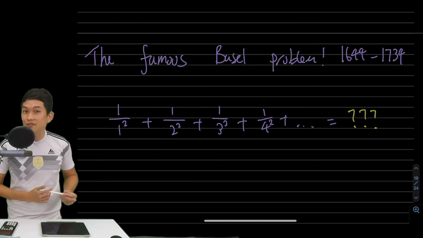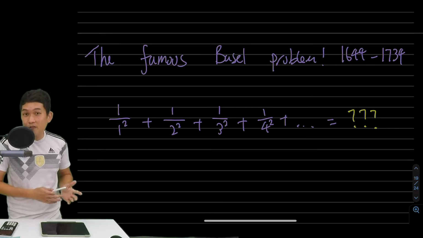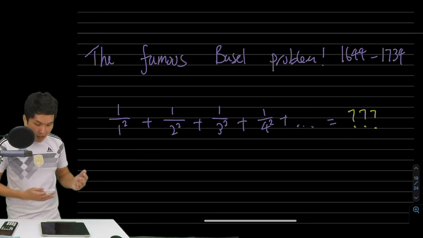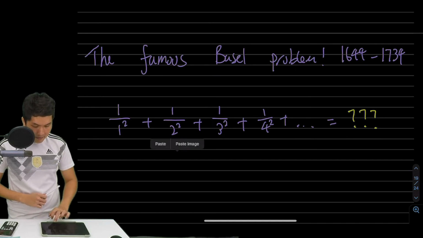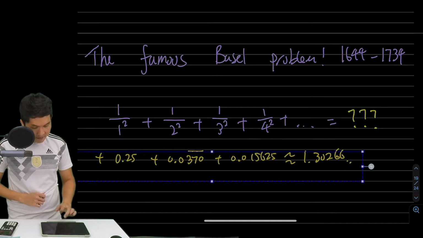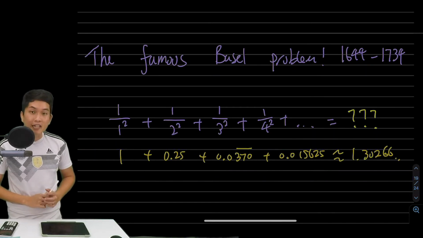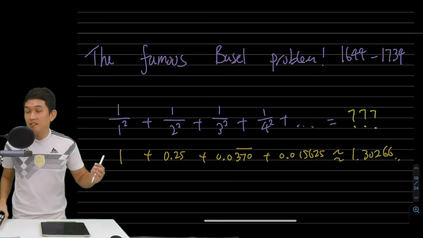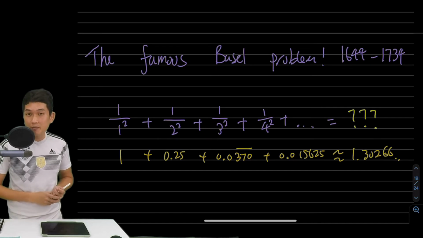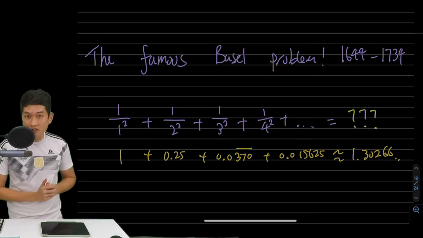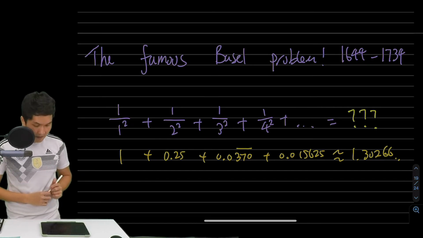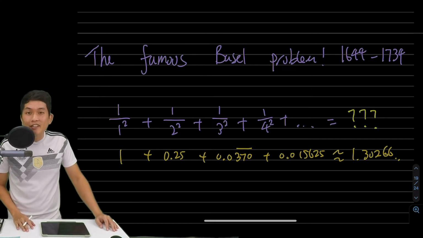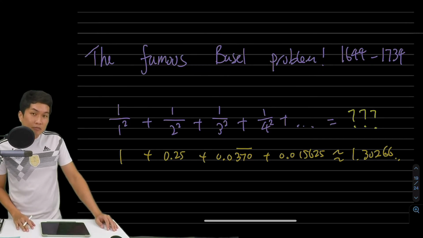However, the answer is very difficult to get. First of all, because this is an infinite sum. You keep adding on forever. Okay, so here is my poor attempt at trying to solve this. I only worked out the first 4 terms and I used a calculator. I'm going to talk about quite a few famous mathematicians and all of them did not have a calculator with them when they worked out their answers. So I worked it out to be about 1.3-ish. Yeah, that is my answer to the Basel problem.